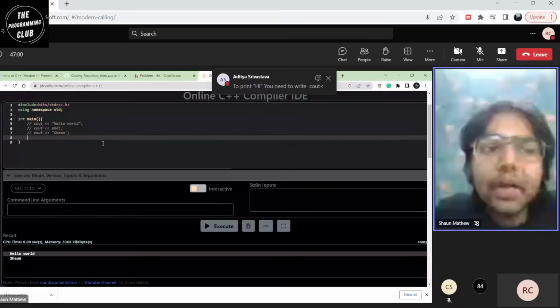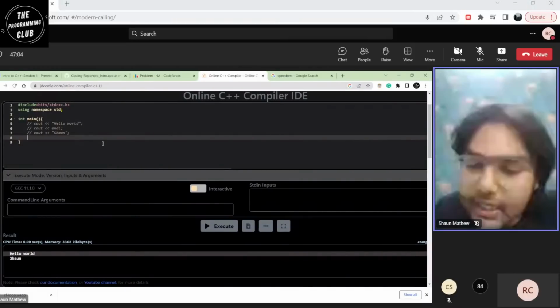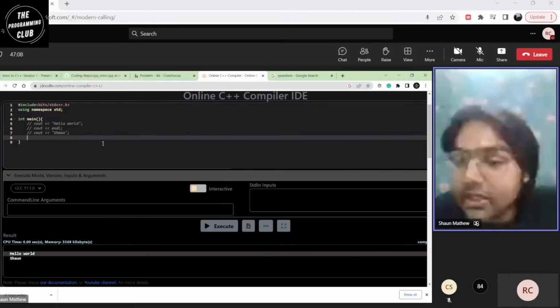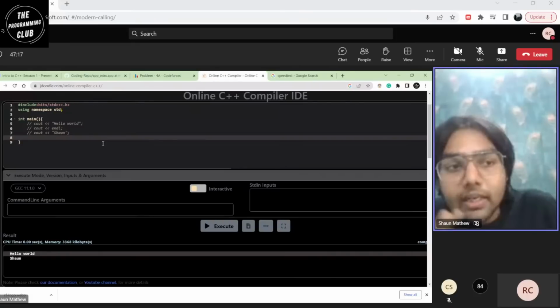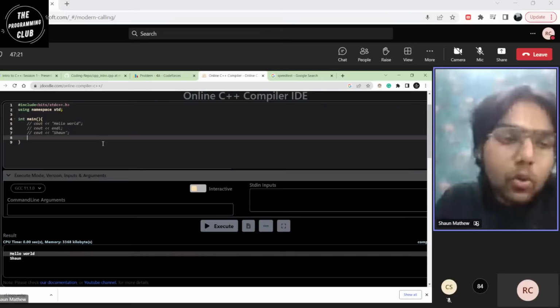Now we'll be coming to what variables are. So what are variables? Variables are nothing but containers. So now how do you imagine variables? We all have learned various things from our childhood. We learned alphabets, we learned numbers, then we started learning numbers with decimal points and so on. So suppose I want to store a number in my program. So how do I do it? I store it in containers. Now what are the available containers in C++?